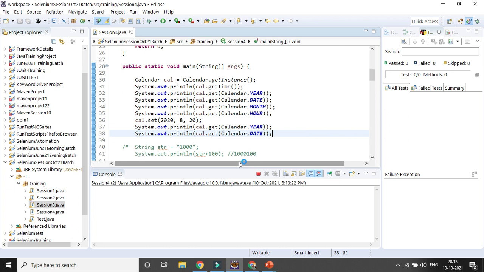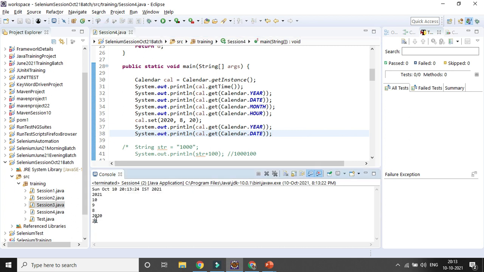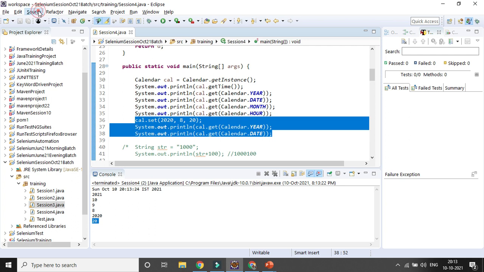You can see year is coming 2020 and date is coming 20. That's how you can change your calendar date.